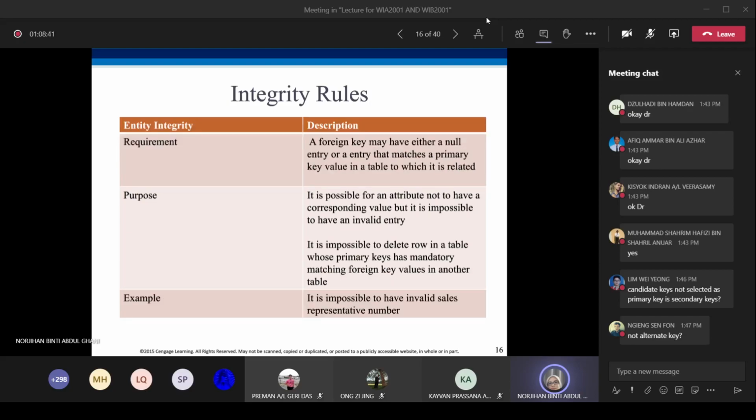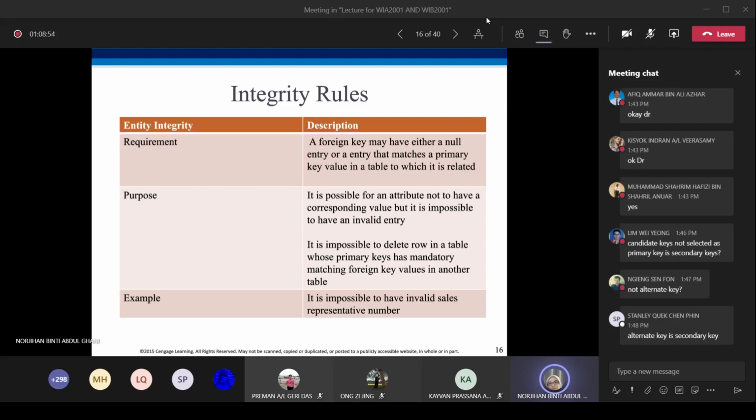The second requirement is that a foreign key may have either a null entry or an entry that matches a primary key value in a table to which it is related. So it is possible for an attribute not to have a corresponding value, but it is impossible to have an invalid entry.